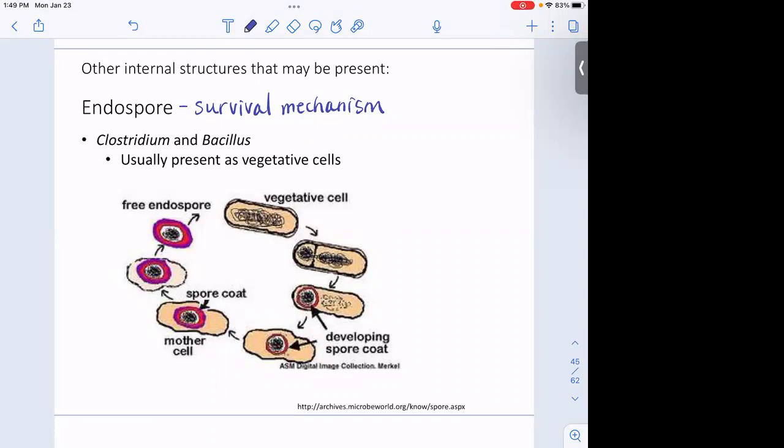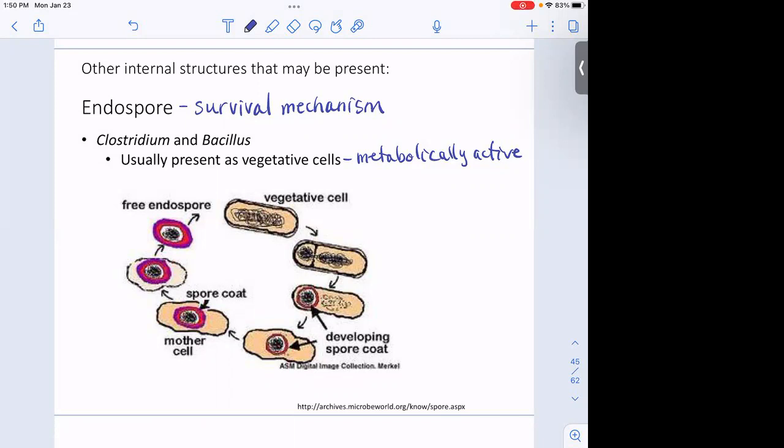Organisms that are able to sporulate are usually present as vegetative cells. That means metabolically active cells. Somebody said to me once, "Yeah, but when people are vegetables, they're not moving." Like, yeah, I know, but that's just what they call it. Vegetative cells are the metabolically active ones. And if you look at the life cycle of an organism that's able to form spores, usually they're going to do this when it encounters some kind of harsh environment.